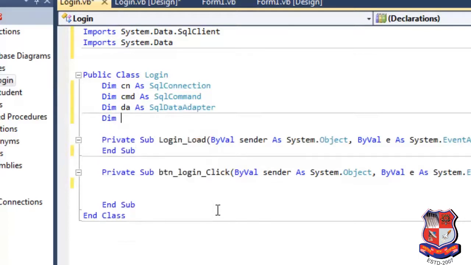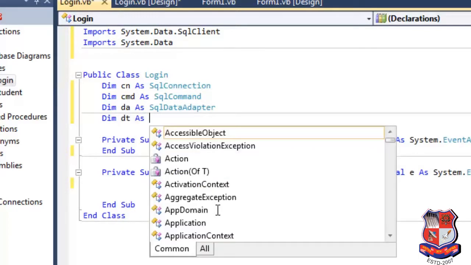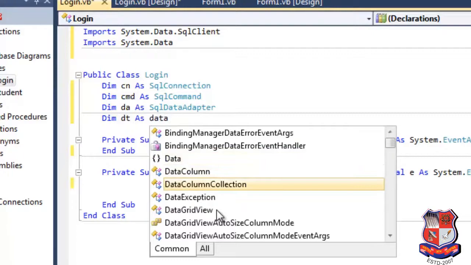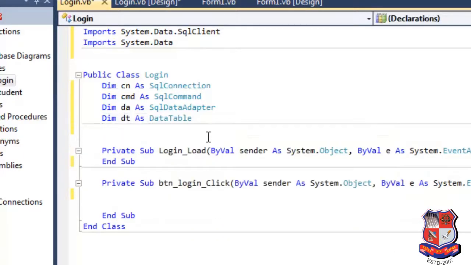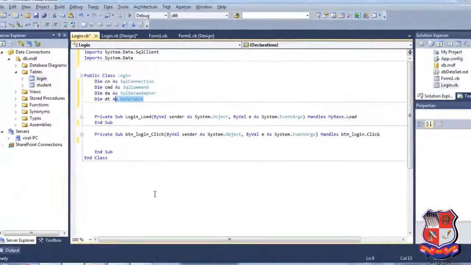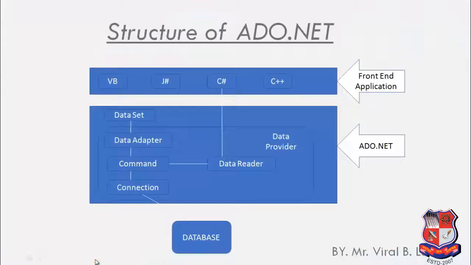And another is dt as DataTable. What is a data table? We understand from this figure.